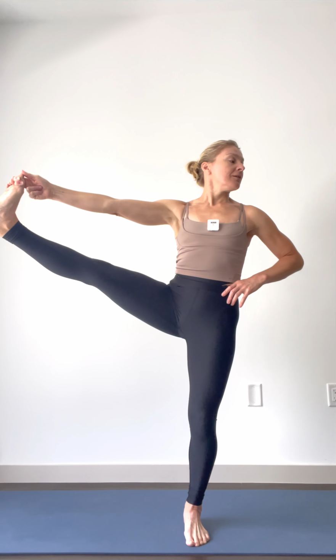So you're looking in the opposite direction to the foot. Now, find the stability in here. Check if you're balanced. Check if you're comfortable standing in here. And then start spinning your chin to the other side, finding that focal point. As you come back to center, bend your knee, lower it down,